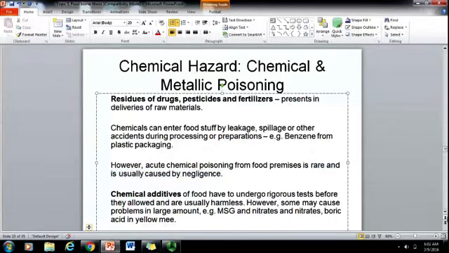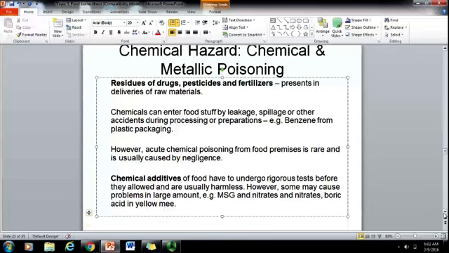And some of the chemical contamination can come from the chemical additives themselves, such as nitrates and nitrites, or boric acid that we have learned before. But this is usually if we put in a large amount of chemical additive, it can cause severe health problems,